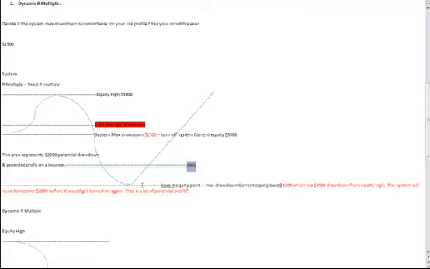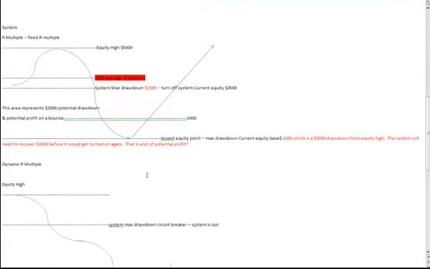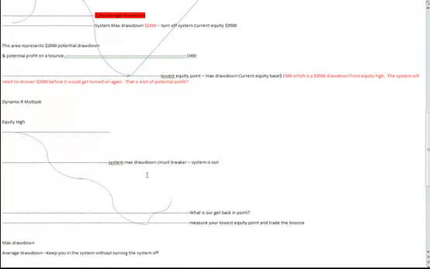So this is what we call a dynamic entry. We don't just have an equity high and then fix our circuit breaker here at $1,200 from our equity high and just wait for it to get back up there. We actually work it off the lowest point of our equity, of our drawdown, and we look for the system to turn around and start being profitable again. So what I want to make sure is that when I'm setting this up, think about it this way: you've got to have a circuit breaker for your system, so you've got to determine what your circuit breaker is, and then you want a point at which you get back in on the trade. And we're going to go through and have a look at some equity graphs here in a second, and look more at